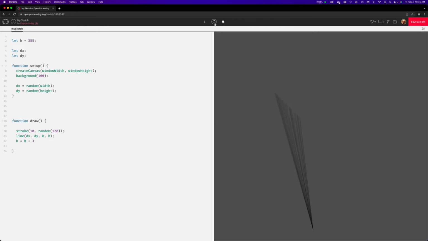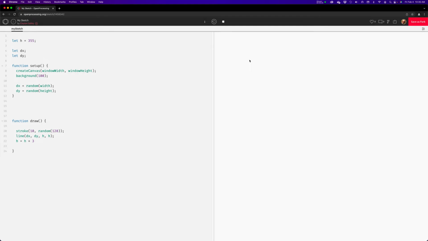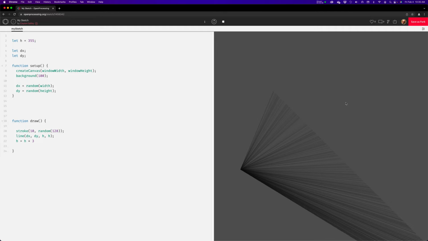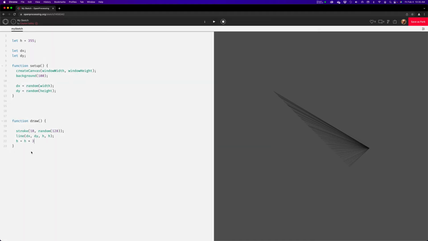Right? So now every time I start the program, it is still doing that diagonal, which we'll talk about. But the origin point right here, like the tip of the line, ends up in a new location. So if I like that and I want it to keep happening on my canvas, instead of just refreshing the program, which erases the previous ones, I need to interact with it some way. And there are lots of different ways we could do this, but my default to just try things really quick is